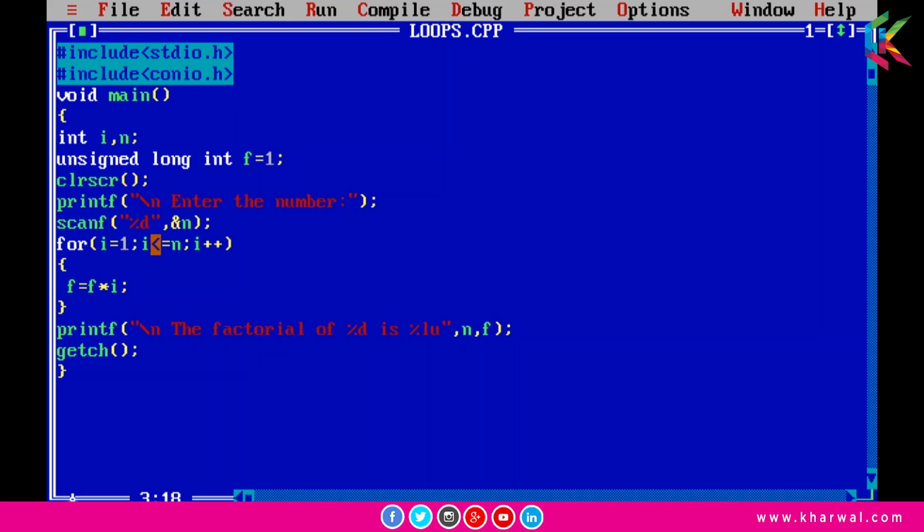2, and 2 is less than or equal to 5, so this condition is also true, and it will execute the statement f = f * i. The last time f was 1, then 1 into 2, so 2 will be assigned to f. Then i++ will be executed, so the value of i will be 3, and 3 is less than or equal to 5, so this condition is true, and then f = f * i. The last time f was 2 and this time i is 3, so 2 into 3 is 6, and that will be assigned to f, so f will be 6. Then i++ will be executed,